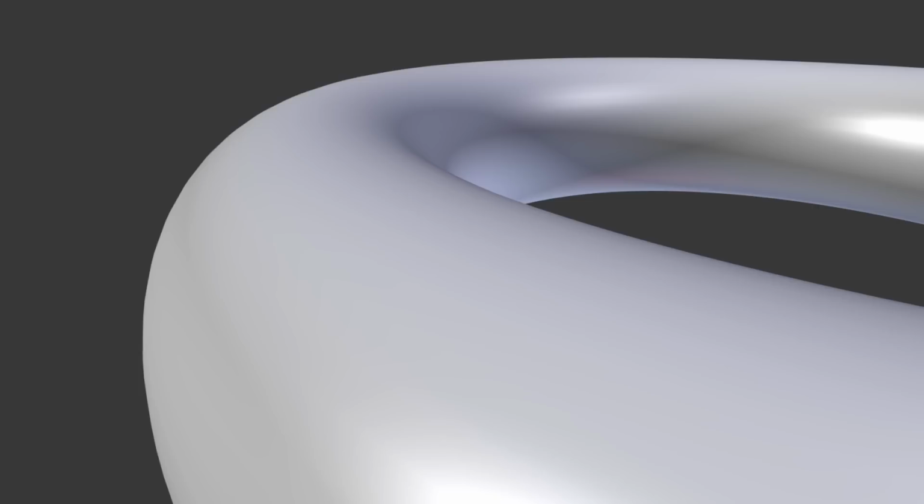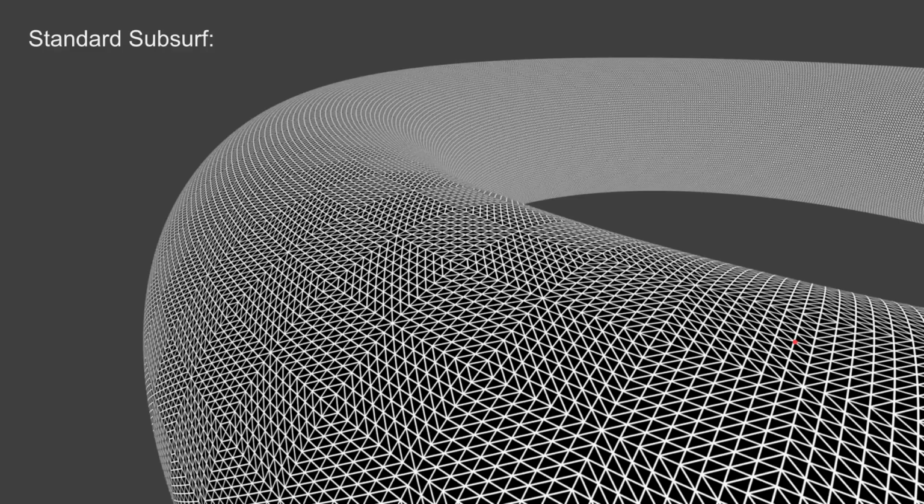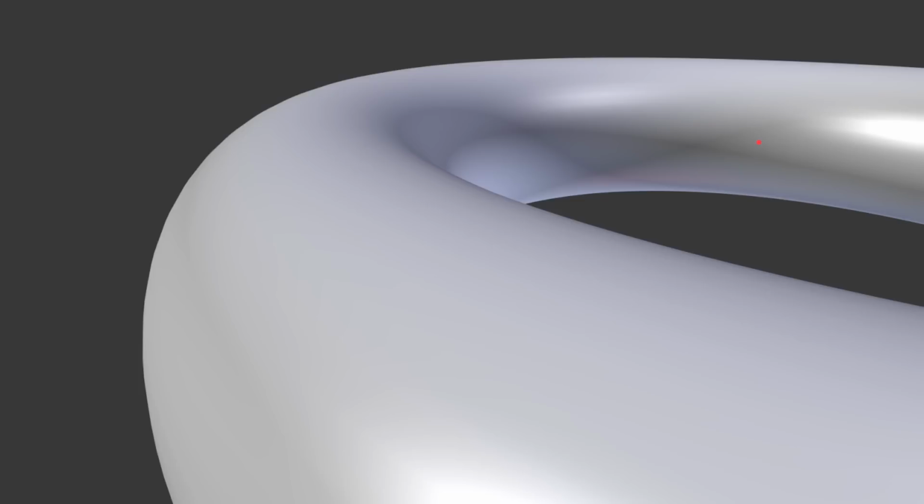Okay, as an example, say you've got this scene right here, which has a donut shape. It's one single object and it goes from all the way in the background to the foreground here. Well, standard subdivision, which is what we have currently in Blender, would do this. You would subdivide it evenly across everything, and you can see that way in the background you've got detail that's really not necessary. Okay, well, to explain how this works, it splits it up